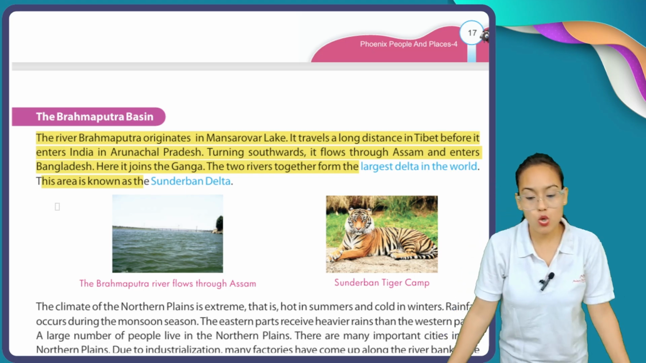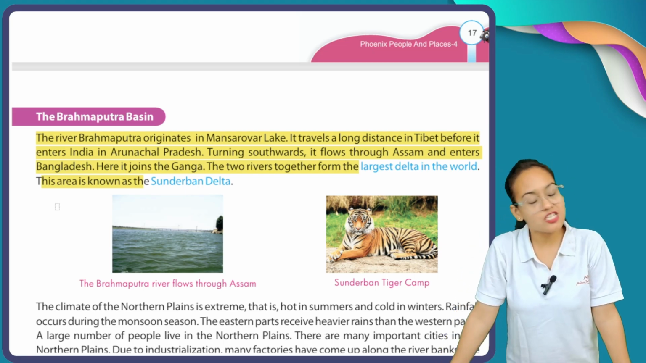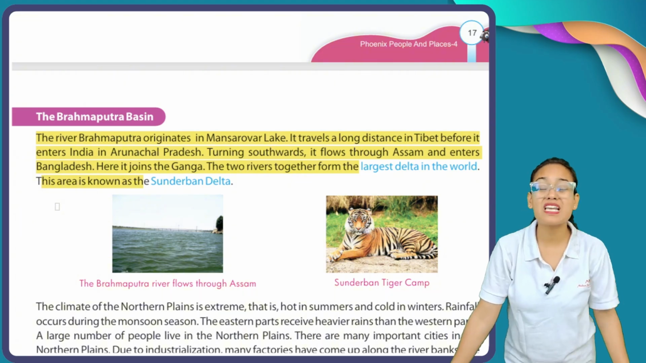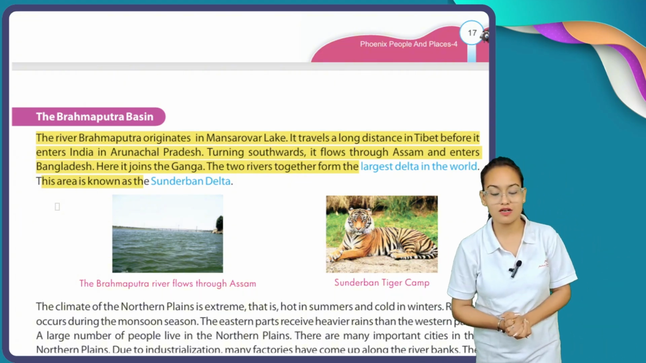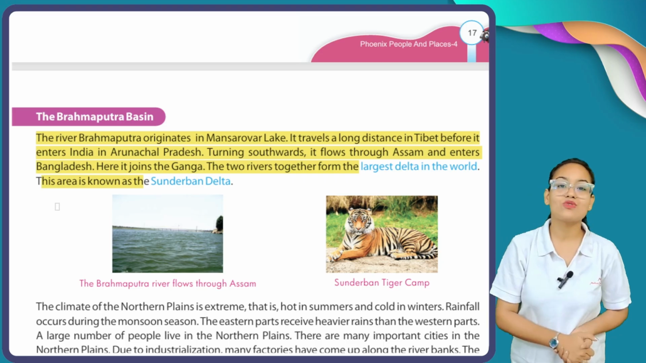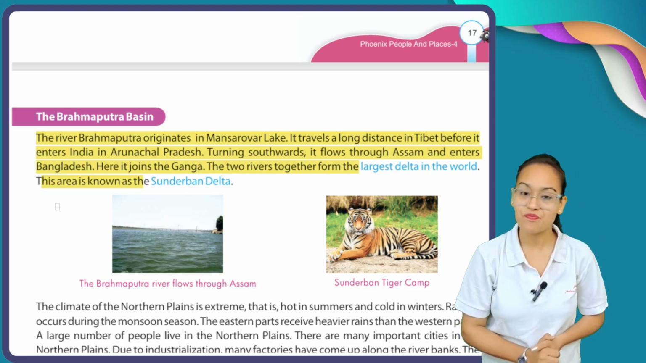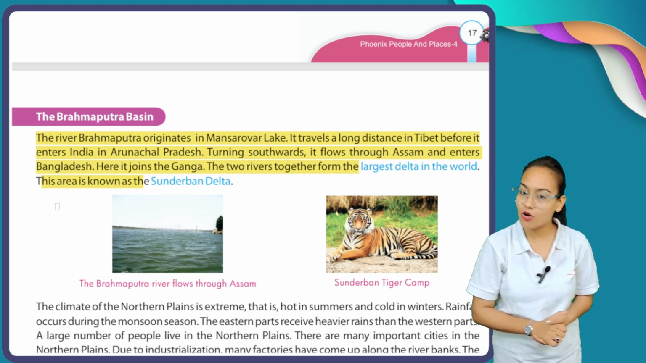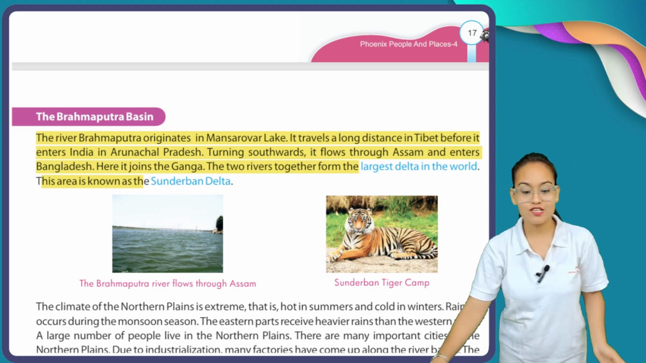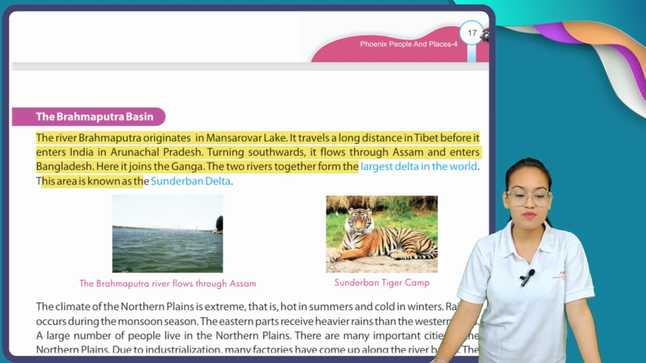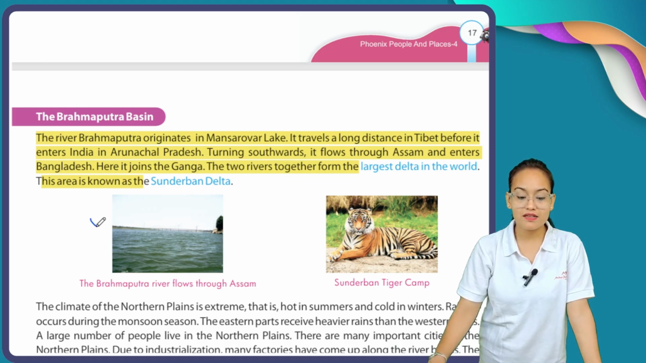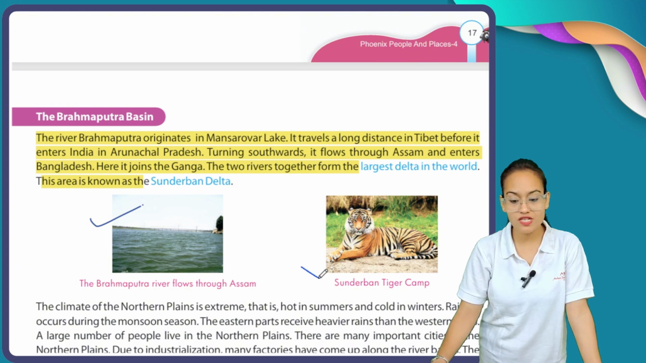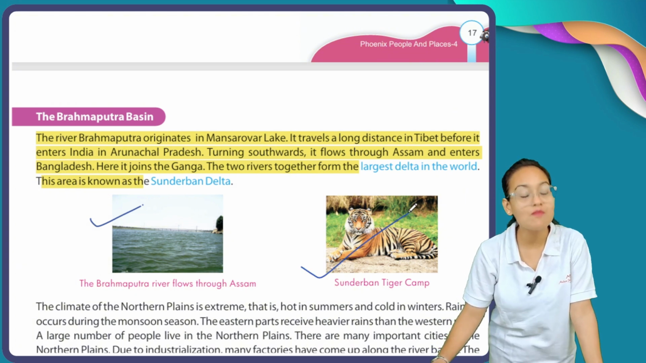So Ganga and Brahmaputra, when combined, form the largest delta of the world. This delta is known as the Sundarban Delta, and it is famous for two things: the Royal Bengal tigers and the Sundari tree. Here you can see the Brahmaputra river flows through the state of Assam, and this is the Sundarban tiger camp, famous for